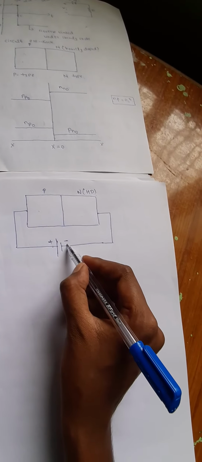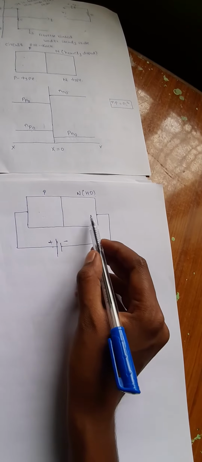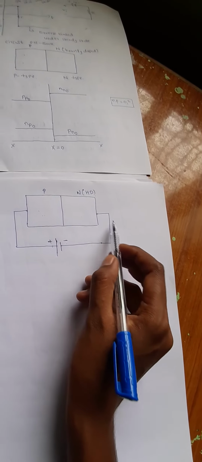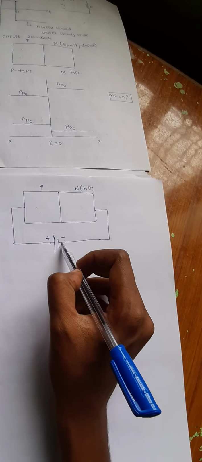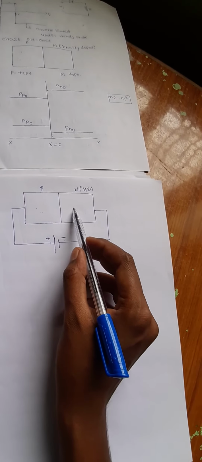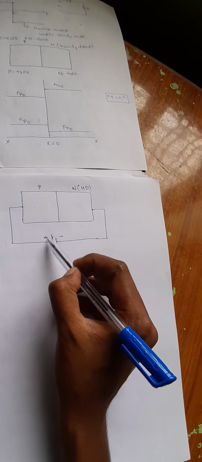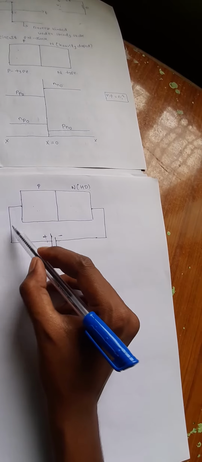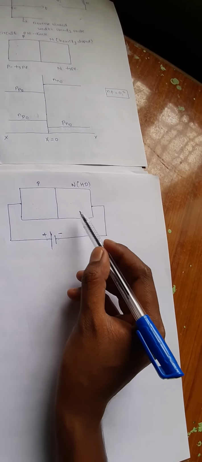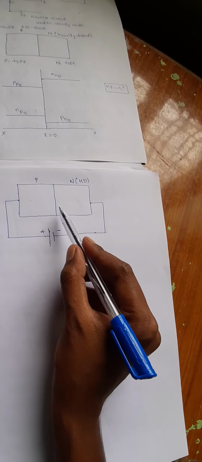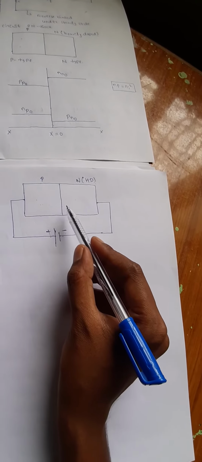Because of this repulsion, the holes present in the p-type material get injected into the n-type material and move to the negative terminal. The electrons present over here get injected into the p-type material, recombine, and move to the positive terminal. They make a loop and form a flow of current. Due to the majority charge carrier concentration, there is a flow of current.